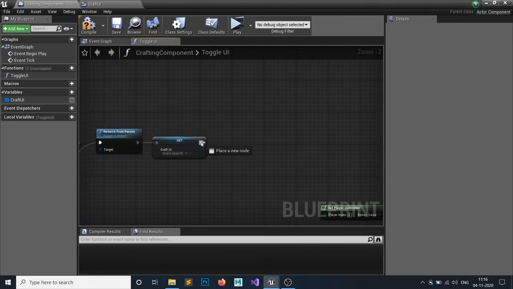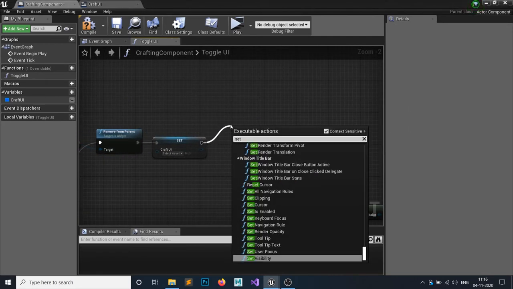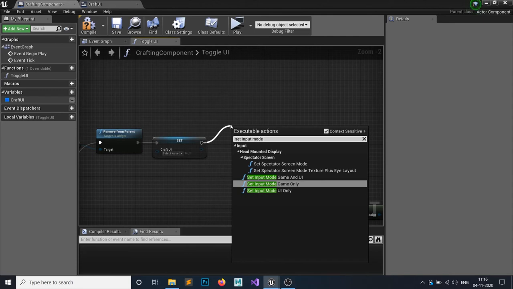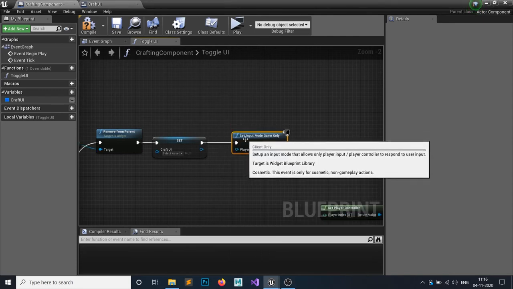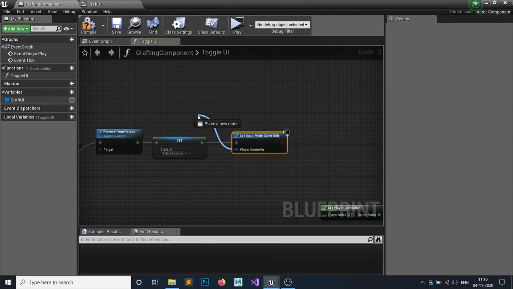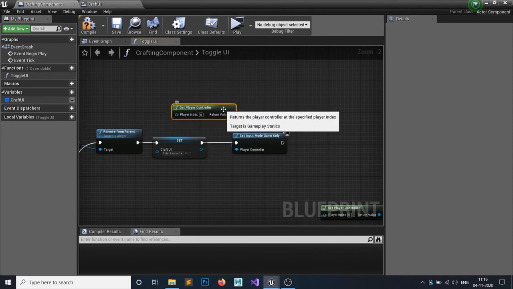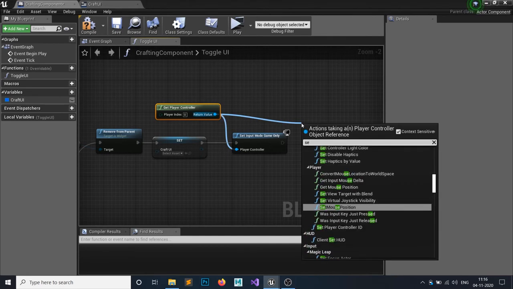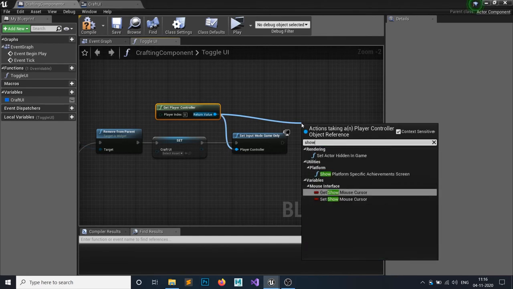So I set the input mode to game only. It will only input to game because we don't have the crafting UI present. So get the player controller, and I don't want to show the mouse cursor in here. So I'm simply setting show mouse cursor to false.